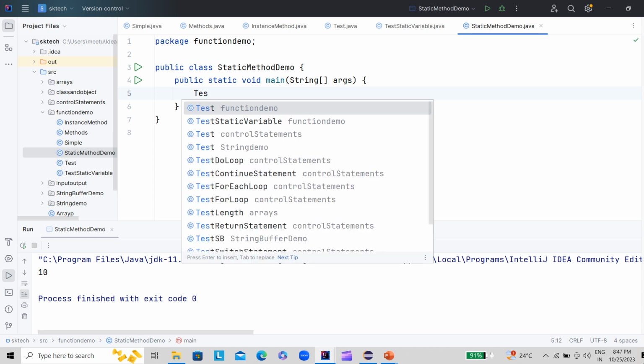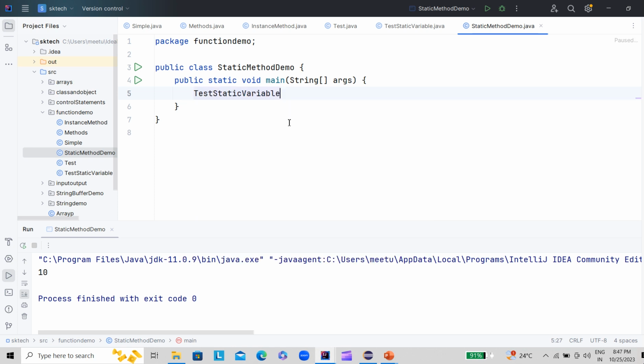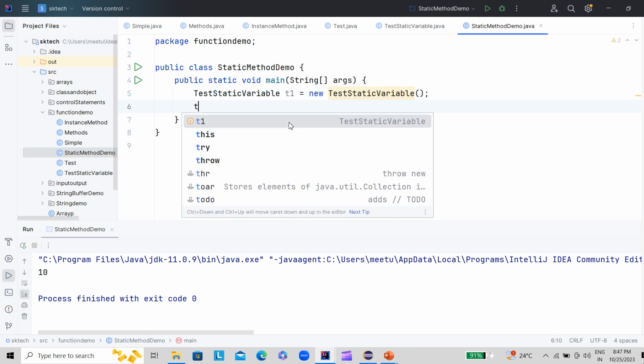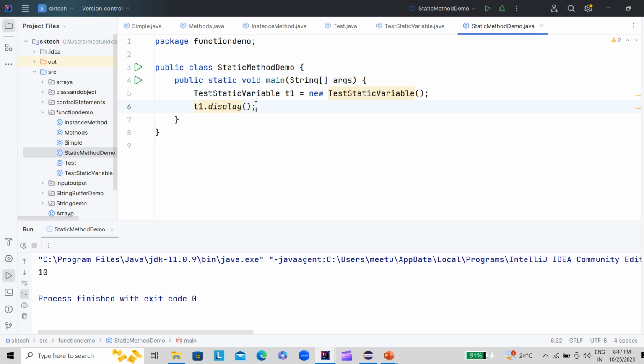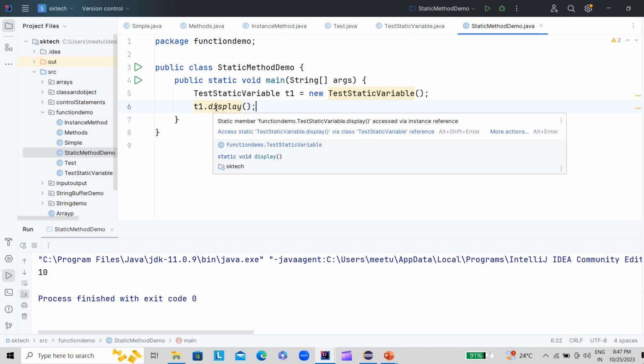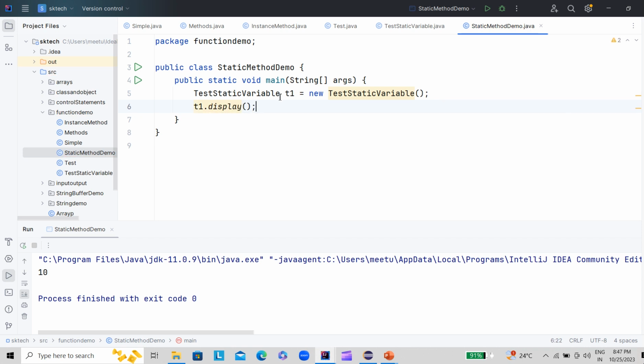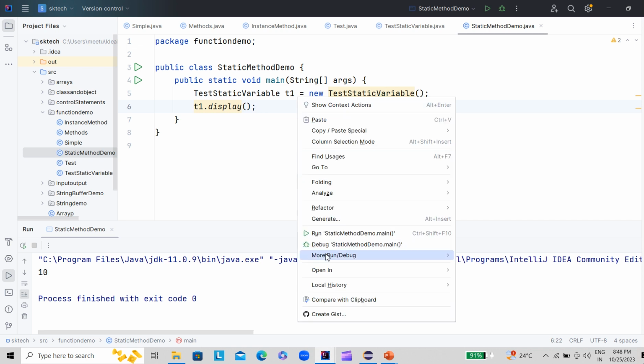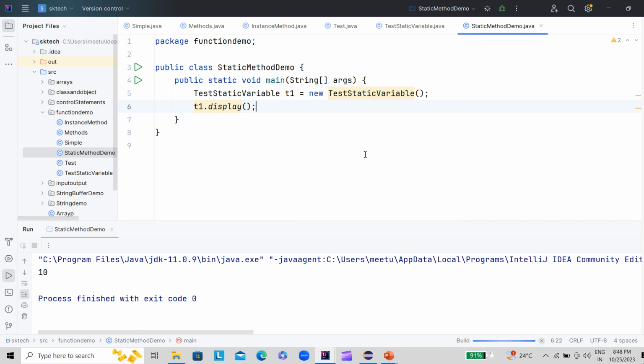So let's create the object of the class, let's say t1 equal to new, and call that method. So the static method can be called with the class name itself, or we can also create the instance and then call it. Both ways are possible, but the best way is to call it with the class name dot method name itself.